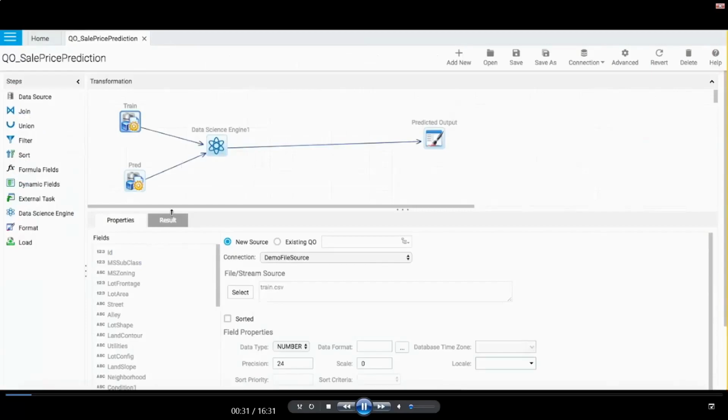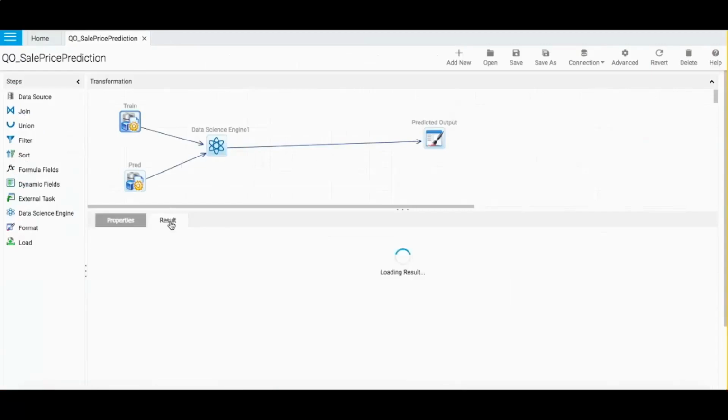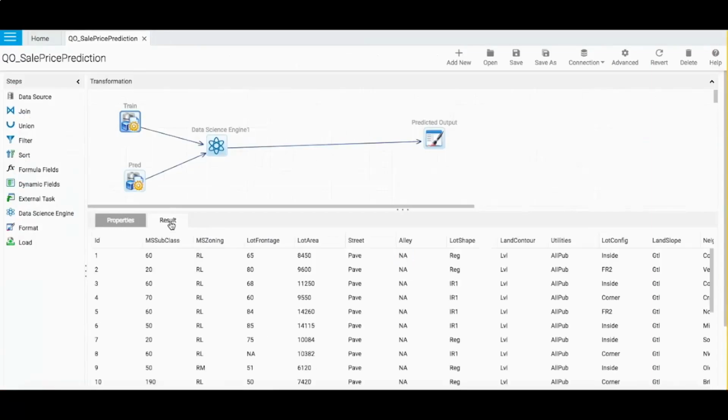Now I click on one of the data sources. This data could be coming from any place, any RDBMS or file or Excel, whatever source. Now, if I look at this data, what does it show? It has the housing unit sales transactions for the last 5 or 6 years, as I said, and it has more than 70 different attributes that are recorded.